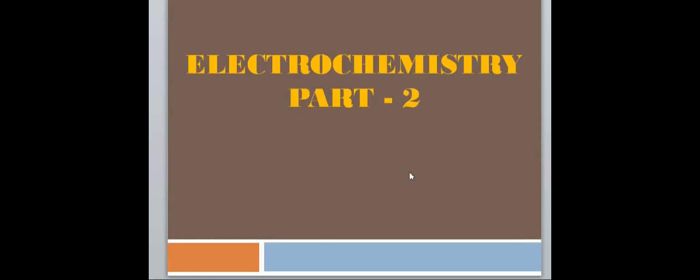Let us begin with the second part of this chapter, electrochemistry, which also happens to be the last part. So all this while, my dear students, we have studied two types of electrochemical cells, one about the electrolytic cell and the other, the galvanic or voltaic cell. The last thing that we did was the Daniell cell. Our focus will be more on the galvanic cell because it converts chemical energy into electrical energy.